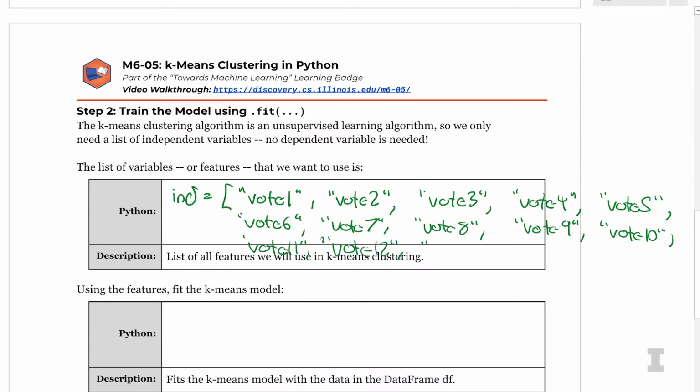Vote12, vote13, vote14, and finally vote15. Close my square bracket for my list. So I now have this variable, IND, equal to all of my independent variables, vote1 through vote15. Got all 15 of them?